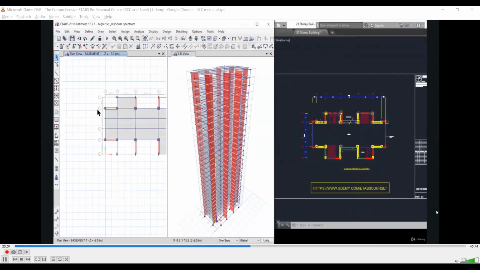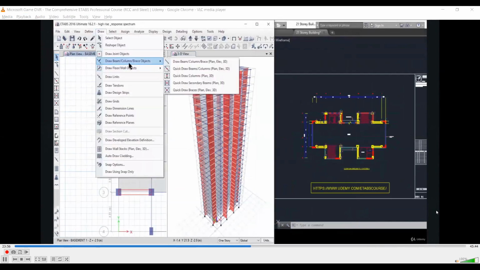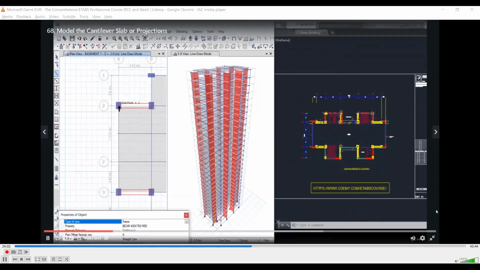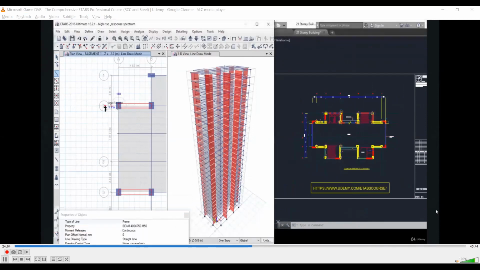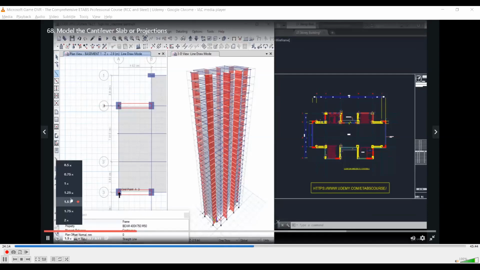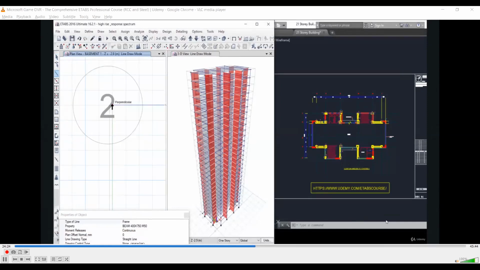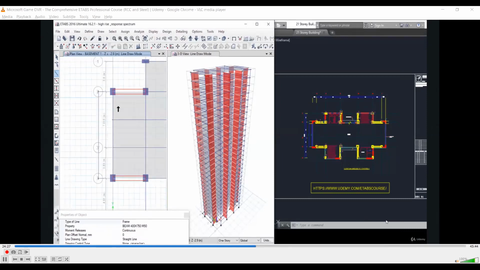What we need to do here is draw a beam, draw beam column base, draw beam column. We select the size of B 400 into 750 only. Go to grid point A2. On the conservative side, we can select its dimension as 2 meter. So we have modeled this 2 meter beam here. Similarly, we will model a beam here from grid point A3, and then we will model a tie beam from this point to this point. So now we have made this cantilever arrangement here.